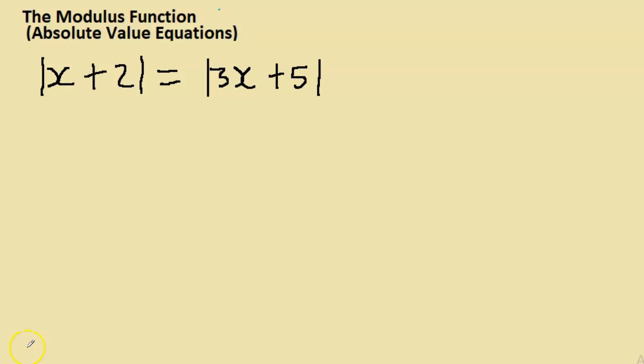So here's another problem. I want to look at this from two different approaches, right? So here we have the modulus of x plus 2 is equal to the modulus of 3x plus 5. Now, we have a couple of possibilities here. So either x plus 2 is the same thing as 3x plus 5,